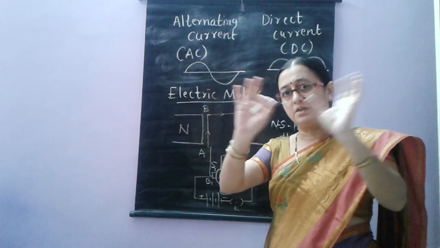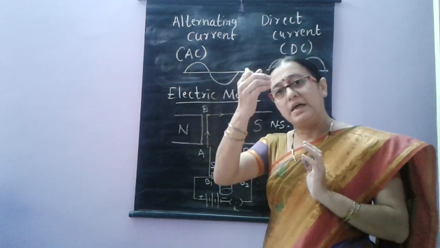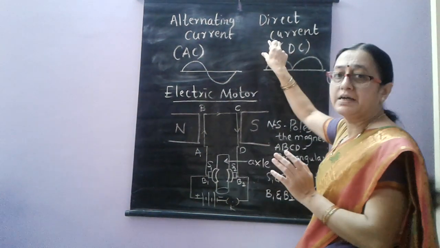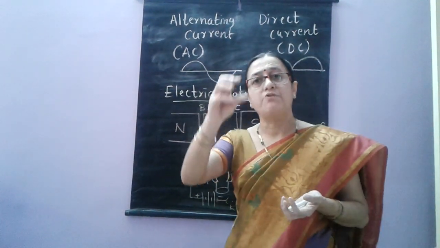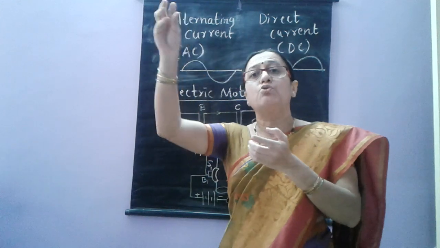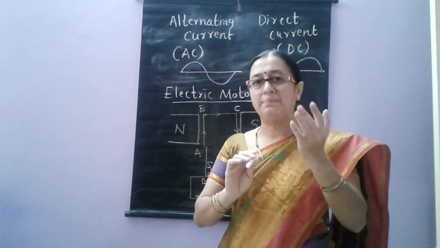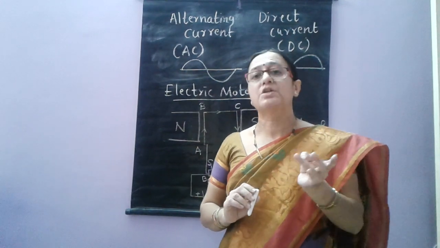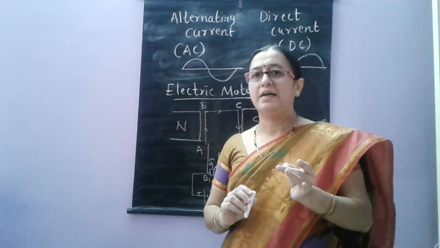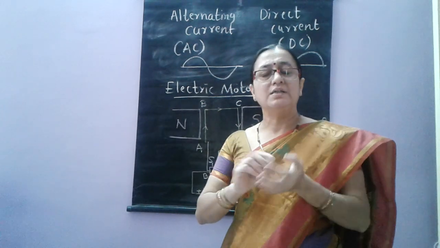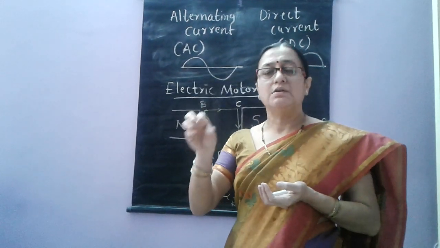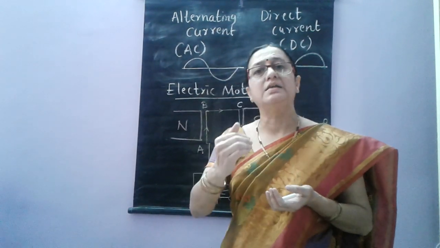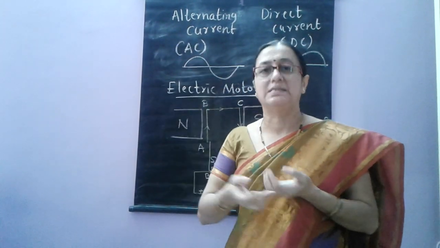So how can these differentiations be done? The AC which is taken inside will be converted into direct current with the help of motors which are fitted in those appliances. For example, in AC, in mixer, in fan, in washing machines, even in a fan we get the electric motor. In all these different devices, we require direct current. So the AC taken inside the home is converted into DC.